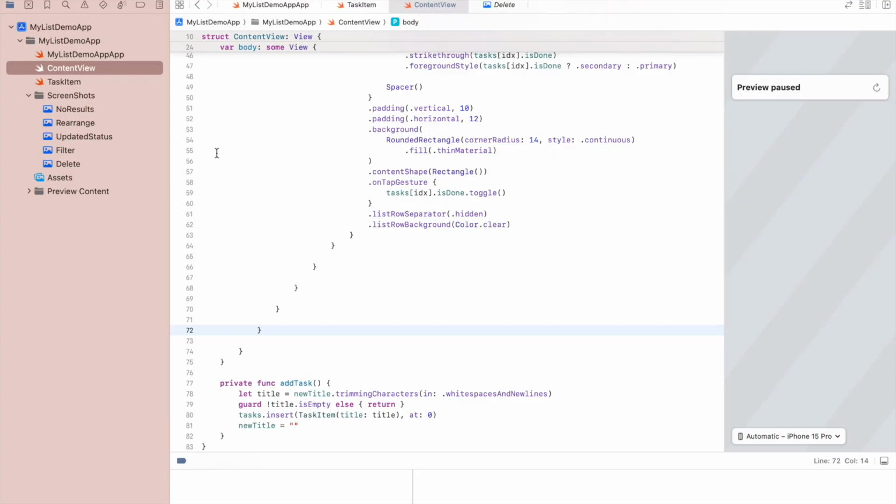So to do that, what we need to do is to add the following code after line 64,